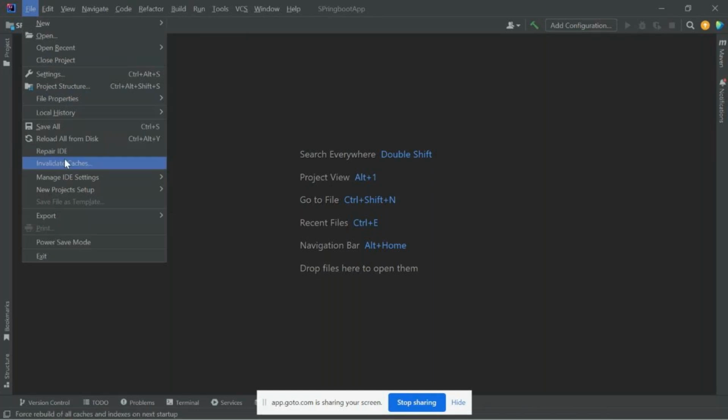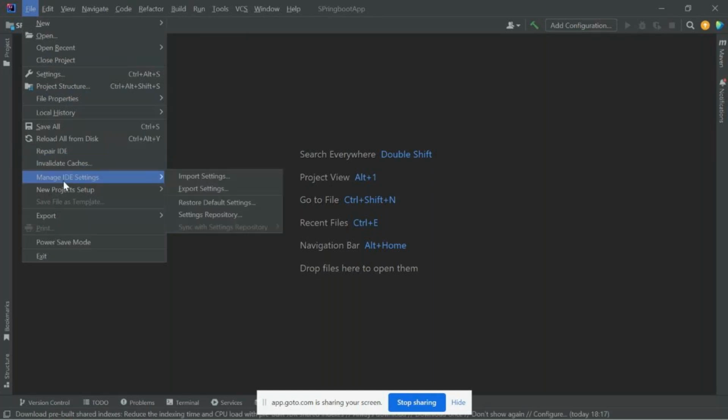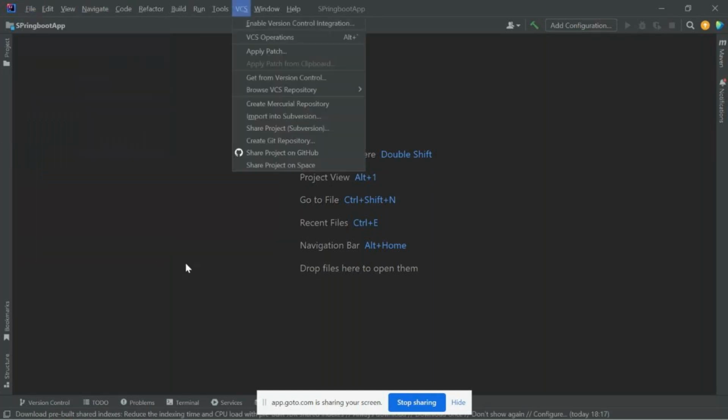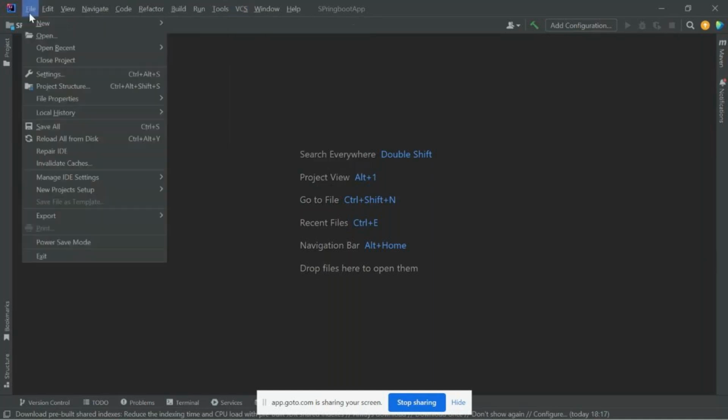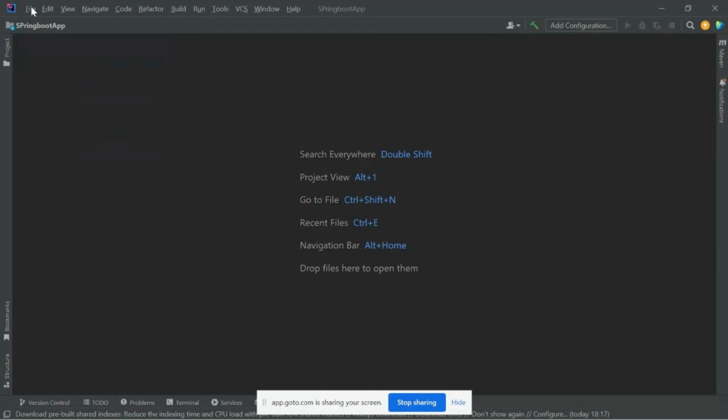Like if you want to repair something, if the IDE is stuck somewhere. IDE means this is the one. IntelliJ is my IDE. This is the development environment. It is going to do the compilation and also the execution. I told two steps, right? First it has to convert the Java code, the .java code, into a .class file. That also will be done by IntelliJ itself, and the result also will be shown in IntelliJ itself. So this is my development environment for the training course. So these are the options we follow.